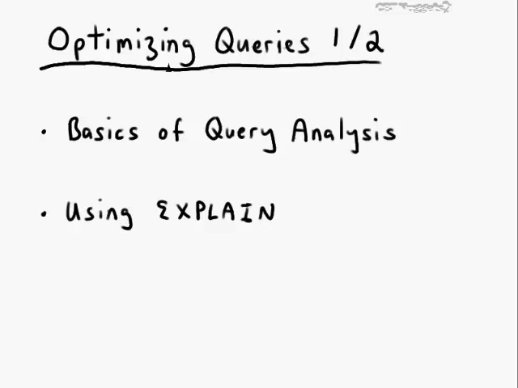Optimizing Queries Part 1 of 2 Review. In this nugget, we first looked at the basics of query analysis. What is a query, and what are the basic tools or sources for finding slow-running or long-running queries on a MySQL server? After we did that, I showed you the first of a few tools in our tool set for generating hard data, putting some numbers behind our supposition on those long-running queries, and how we can use the EXPLAIN keyword to then do more creative and intelligent indexing to improve the efficiency of our queries and ultimately our line of business applications that rely